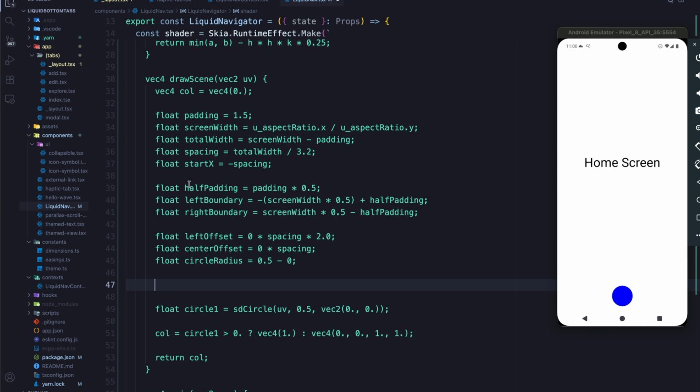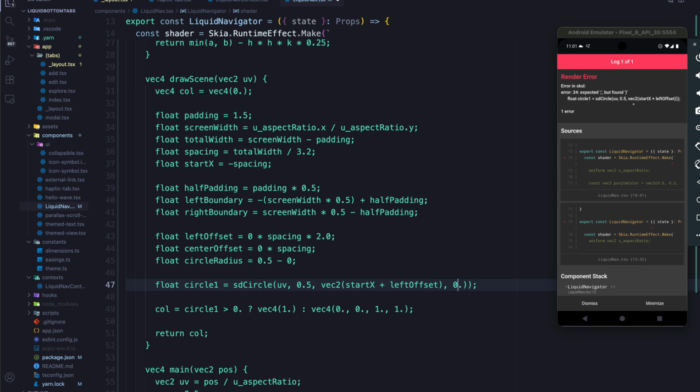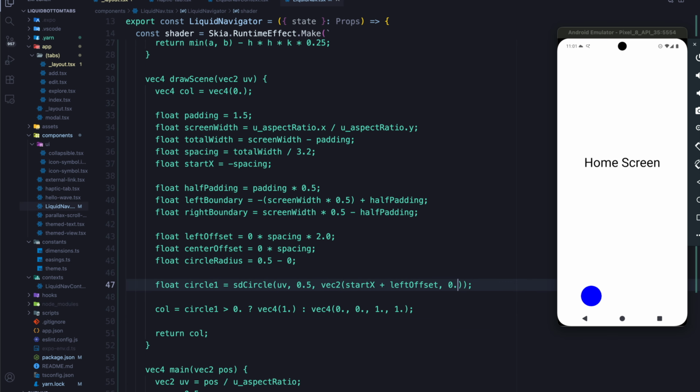Okay, so now that we know all the different offsets for all of our different circles, let's actually create the circles. So first we can reuse our circle 1. So for our circle 1, we keep the UV, we keep the size 0.5, but for the position on the vec2, we're going to use the start x value, and then we're going to add the left offset to this. So that should shift it over. Oh, I put the bracket in the wrong spot. Okay, so